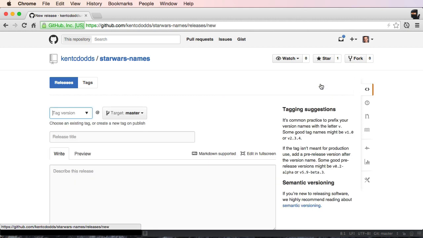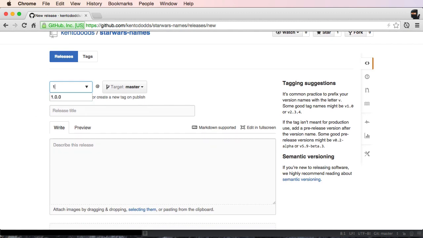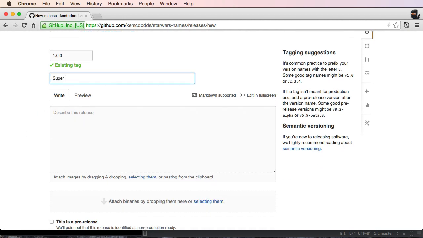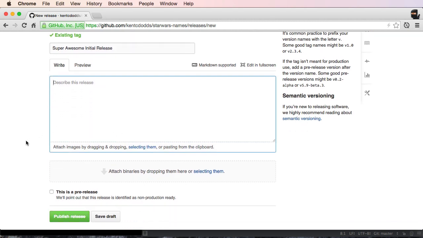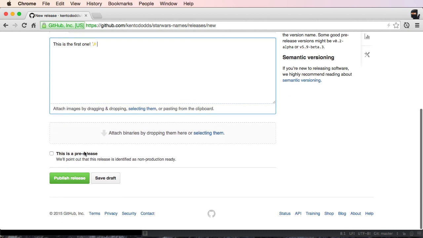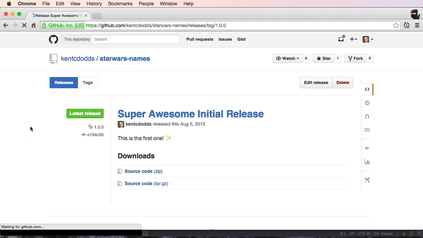You can also even draft a new release here with this specific tag, and that tag is existing. You can give it a title, super awesome initial release, and we can describe it. This is the first one, and let's give it some sparkles. And we can associate this as a pre-release. We can attach binaries, and we'll just go ahead and publish this release. And there we go. We've released our npm module onto npm, and then we've also associated that with a release